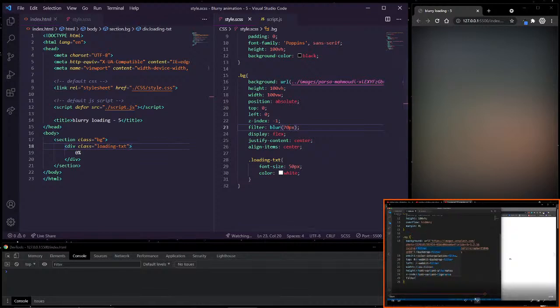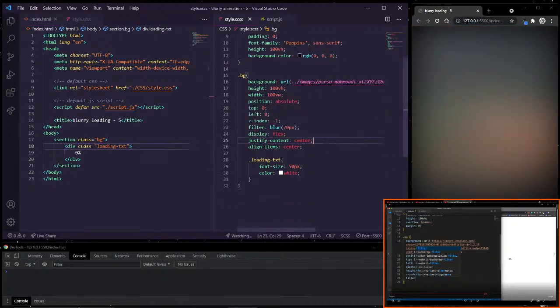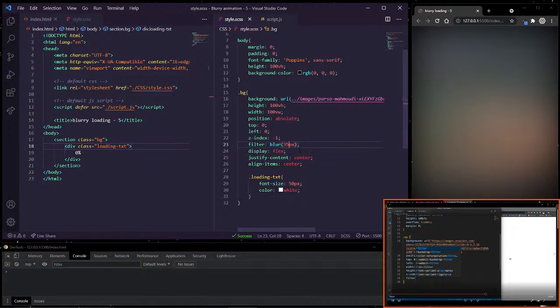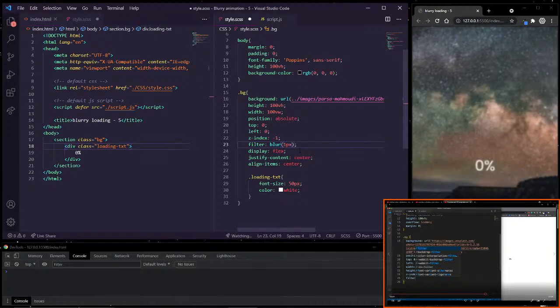And we want to add a filter here, and initially the blur is going to be set to 0 pixels,